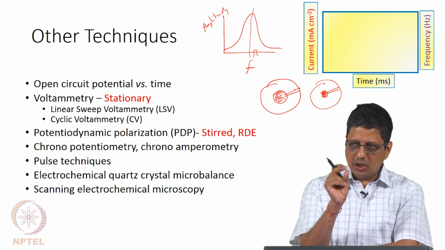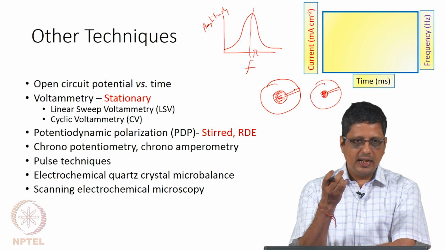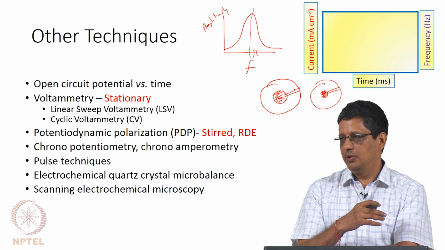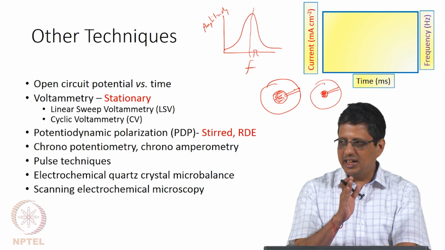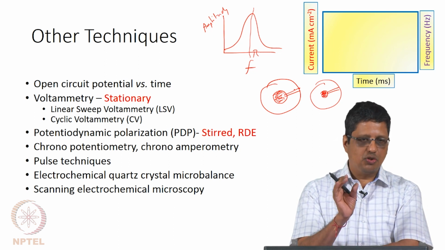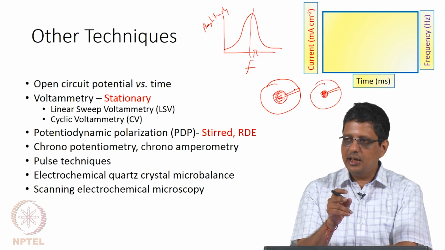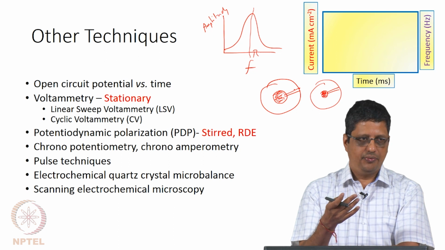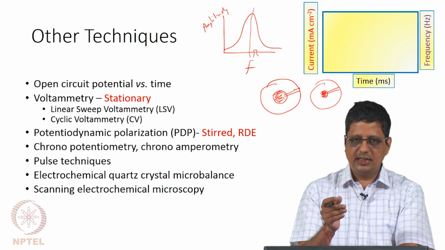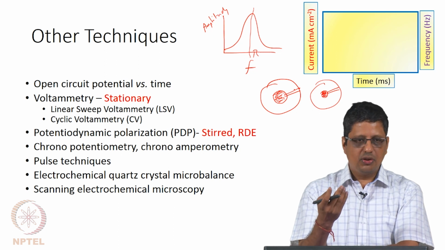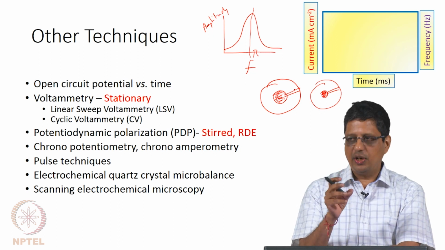Now, if I coat a material on top, or if I remove some material, the mass will change and the resonance frequency will shift. If I coat a material, it is going to be a little heavier. If you put in a liquid, it is going to be dampened. So, by monitoring the resonance frequency, I can monitor it very fast. The frequency is in the range of megahertz, 5 megahertz, 10 megahertz, at least 5 megahertz is common, 10, 20, 30 it is possible to get in high frequency range.